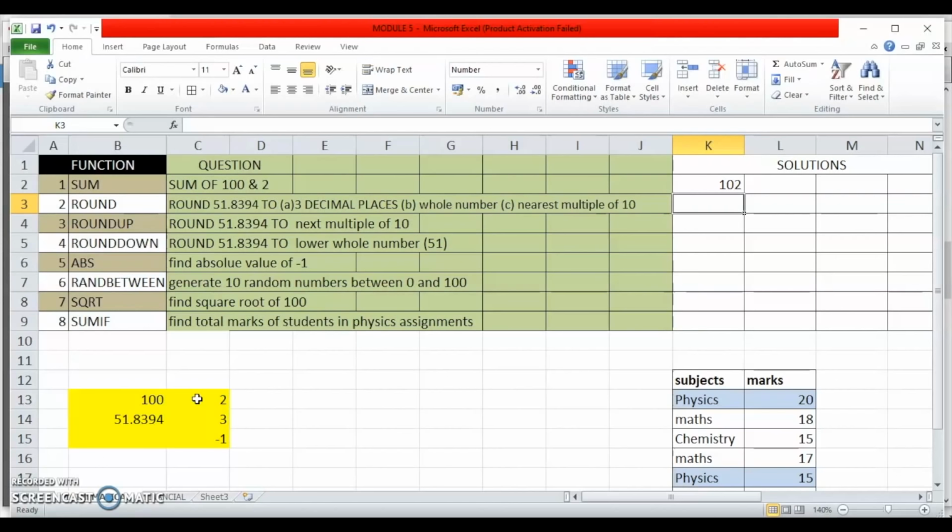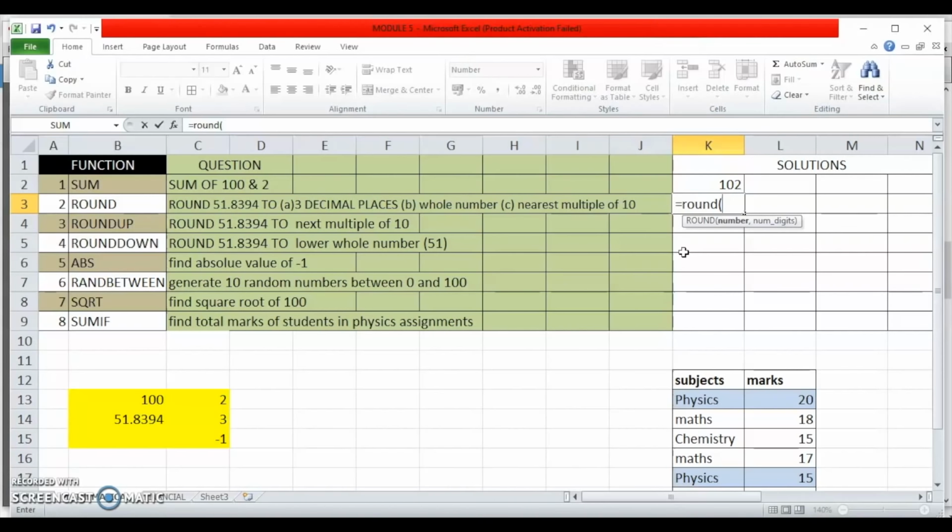That means 51.8394 to be rounded to 3 decimal places, equal to round. Let us look at the syntax of this function. The function has the syntax number, comma, num_digits. Number is the number which is to be rounded, that is 51.8394 in our case. And num_digits refers to the number of decimal places to which I want to round it.